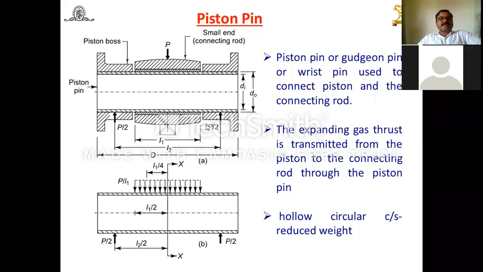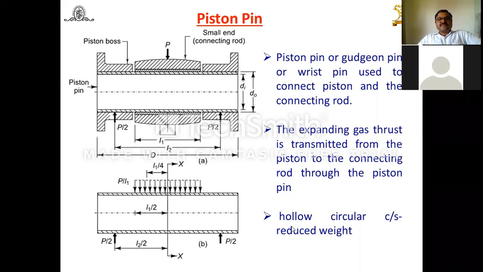This side and this side. L2 means what you have to do? You can do it like this also, can't you? L2 is equal to D minus L1. So only you will get this size and this side, but we want the L2. Then the remaining dimension you can add again for L1. Then you will get the L2. So from the figure also we can easily find out the L2.